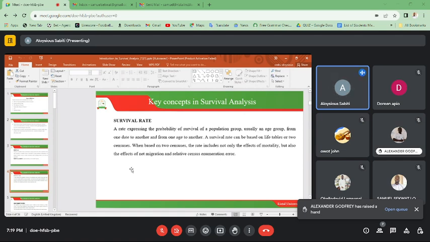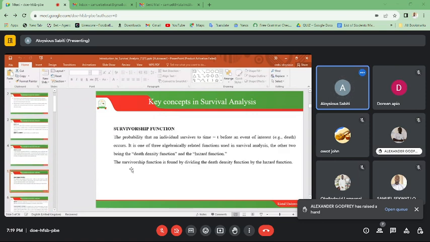For example, in the age cohort 1 to 4, we take the number of people in that particular age group who survived to the next age group, meaning those from 1 to 4 who survived to the age group of 5 to, let's say, 9. That is what we call the survival rate. We shall be able to calculate the number of people who survived, expressed per 100. And another key concept is the survivorship function, and the probability that,